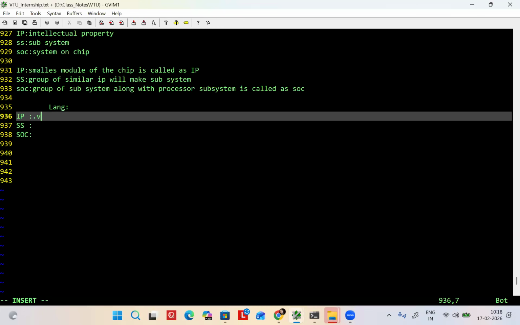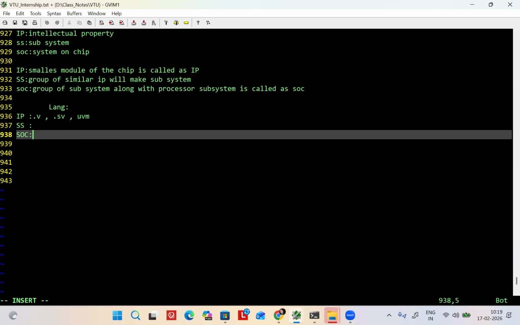See, now, which language do we normally use for IP verification? Keep in mind, IP verification is a different topic, subsystem verification is a different topic, SOC verification is a different topic. You are an IP verification engineer. Which languages do you need to know now? Verilog, SystemVerilog, UVM. Those are the three languages you are supposed to know. That's it.